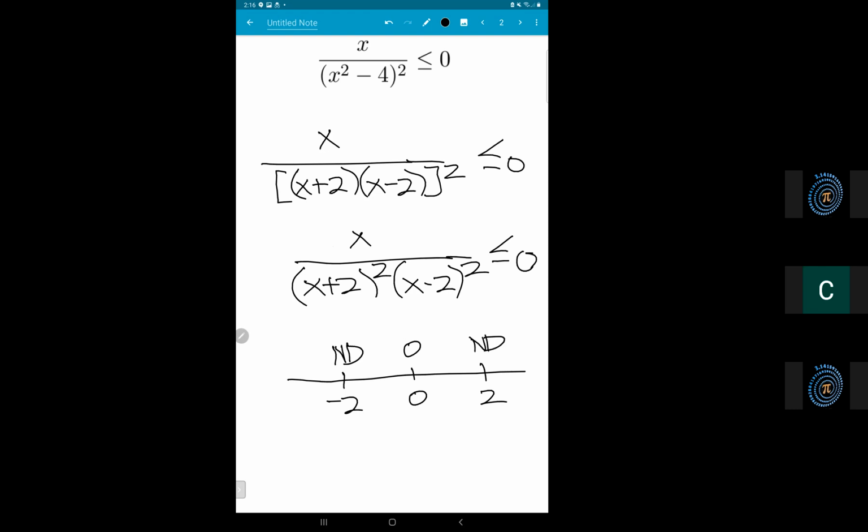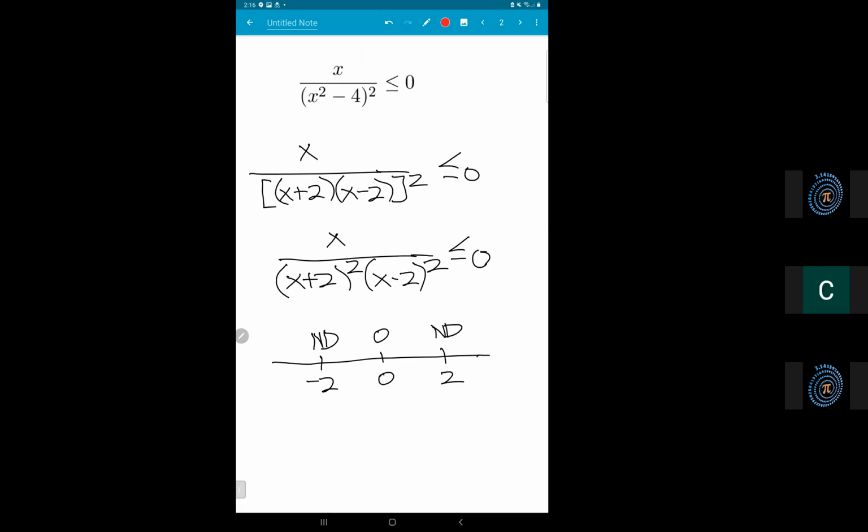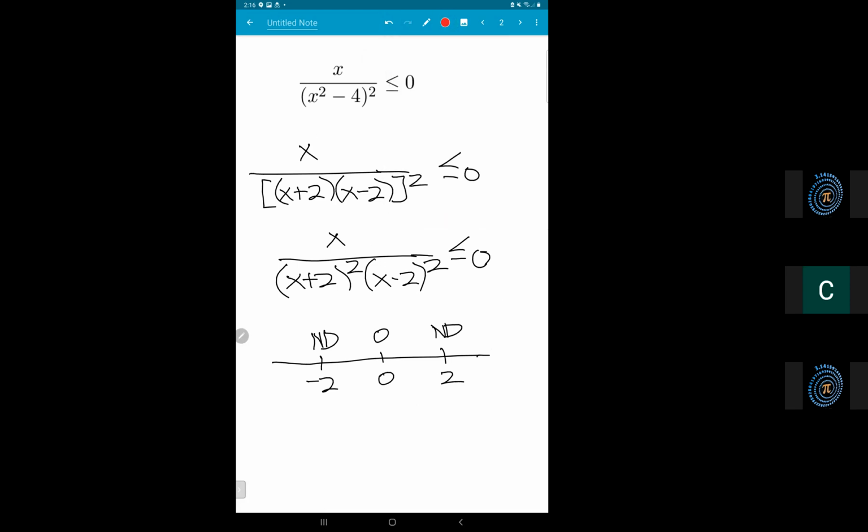Because if you plug in those numbers, the denominator will become 0 and you cannot divide by 0. And so now we can construct the sign chart. Isa-isahin natin ulit. So, actually, isang sign na lang ang kailangan para sa lahat, pero isusulat ko yung isa-isa, no? Pag pinalag in. Now,